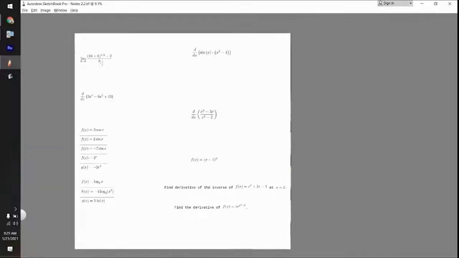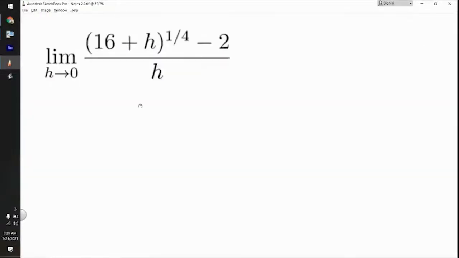All right, so let's break this down. Here's our first problem right here, and it's very closely linked to the warm-up, so that's kind of why I want to do it. But if I don't remember to show you this, I'm going to totally forget, because this seems like it's really